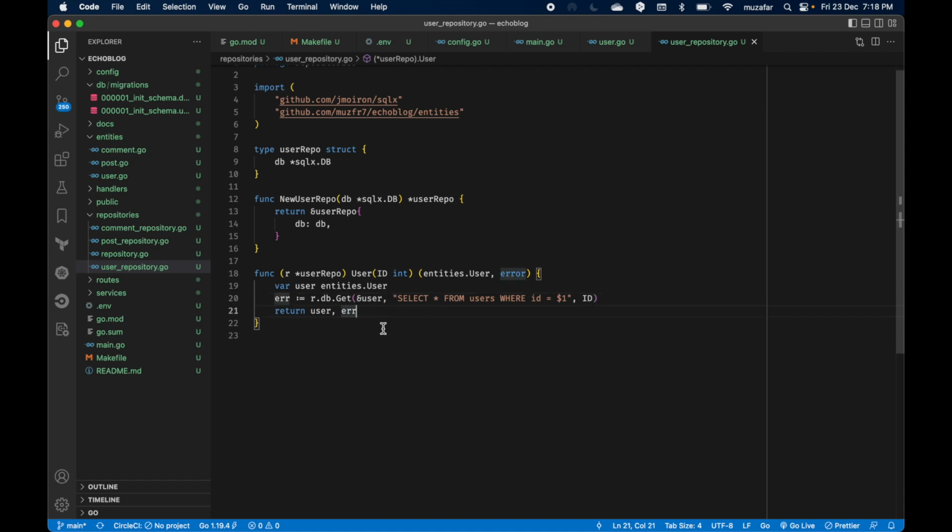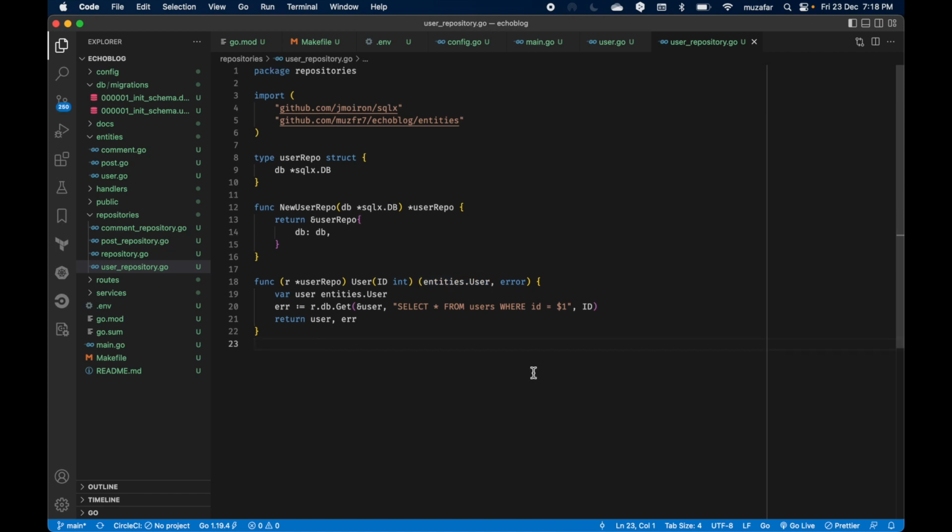So when this query is executed, right, this user will be populated because we passed it here as a reference, and if there was no error, then we will get error as nil, and this one will have user object from database, right? And yeah, let's go ahead and add one more method,